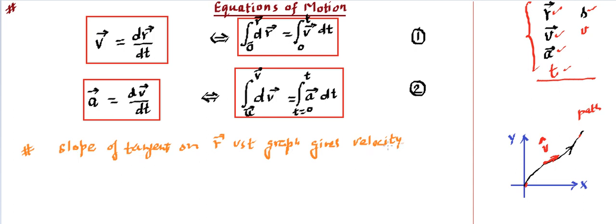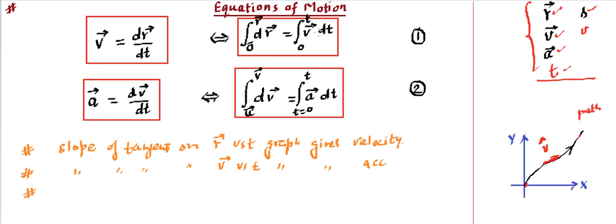One important, extremely important point, and it is a simple point. And another point from here we can say, second, slope of velocity versus time graph will give us acceleration at any instant of time. So slope of tangent on velocity versus time graph gives us acceleration. So acceleration can be measured by measuring simply the slope of velocity versus time graph. We will do practice of these kinds of questions, but yes, these points are critical, so you need to keep them in mind and learn them like anything.